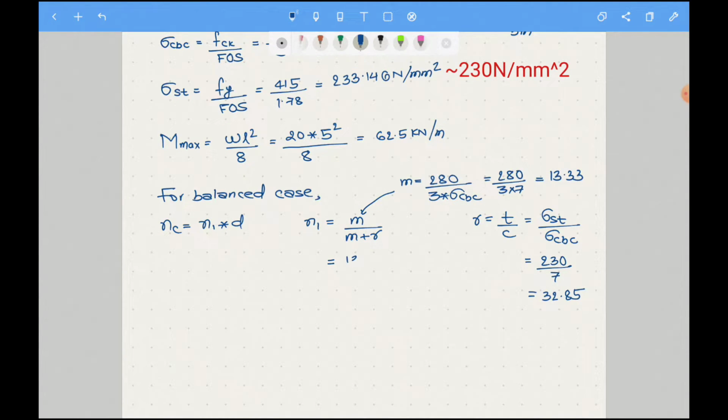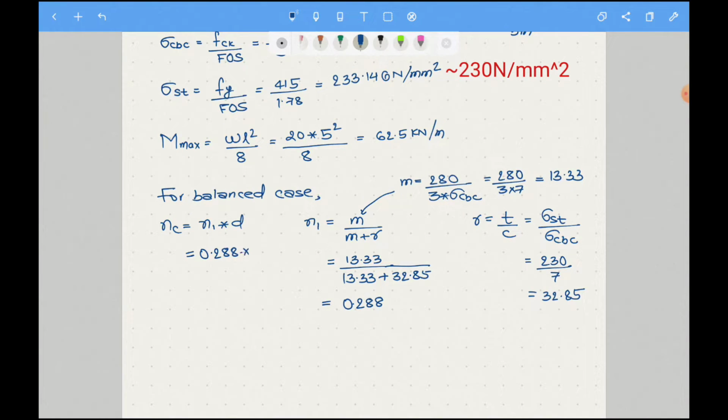So what we can write here is 13.33 divided by 13.33 plus the value of R that we have found earlier, 32.85, and on solving this, the value of N1 should be equals to 0.288. So the value of NC, what we can write here is